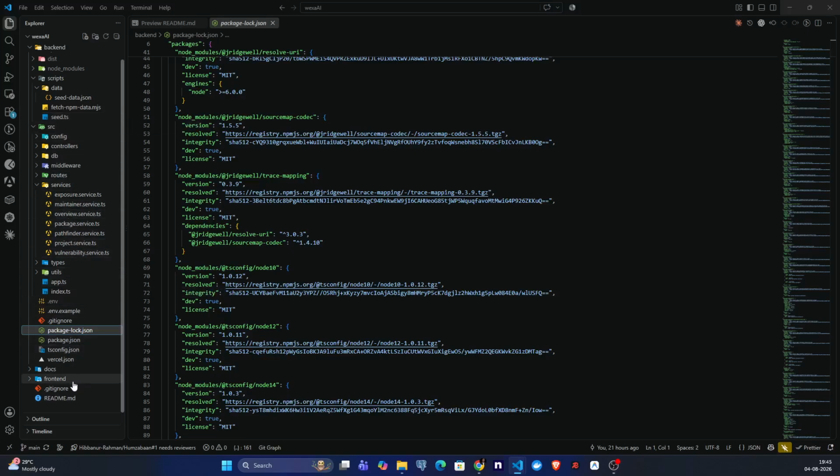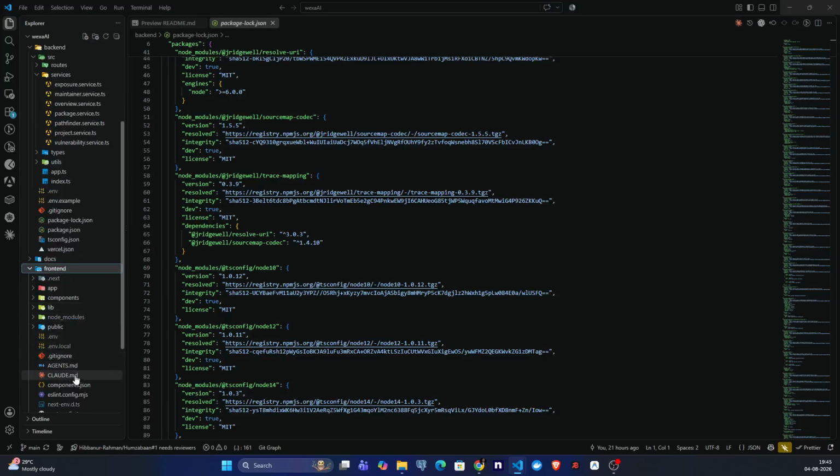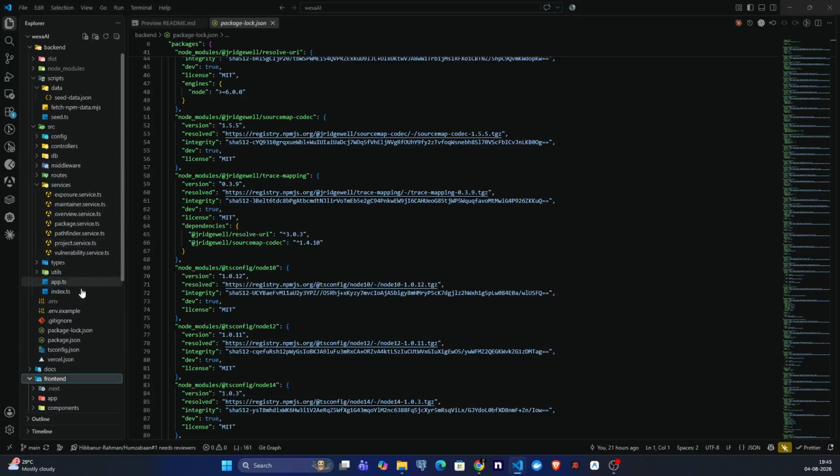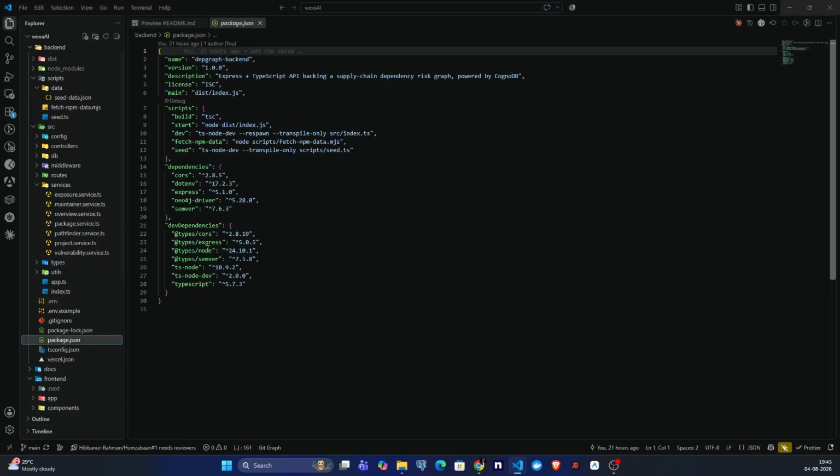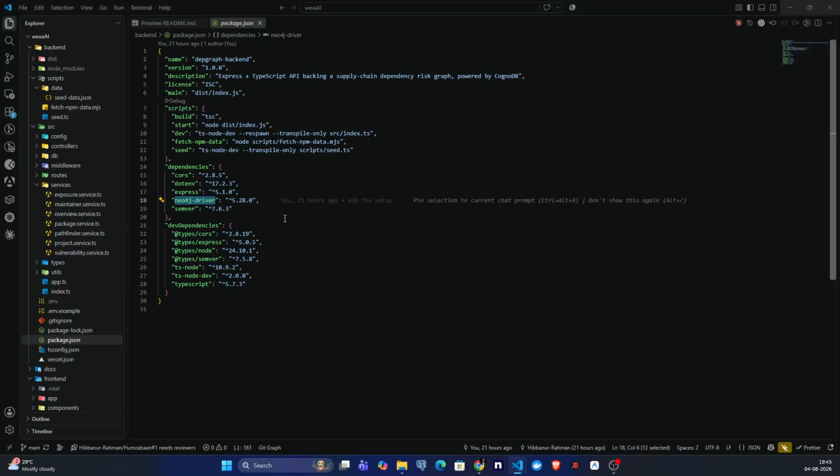For the frontend we have used Next.js, and for the backend we are using Express, and the Neo4j driver for the Cognodb connections. Thanks for the